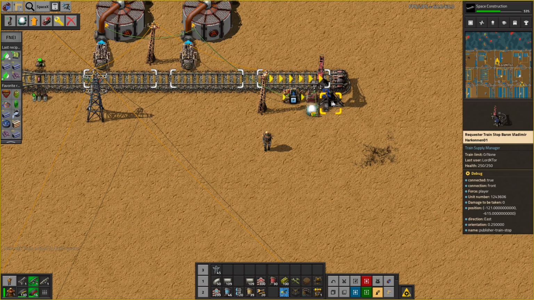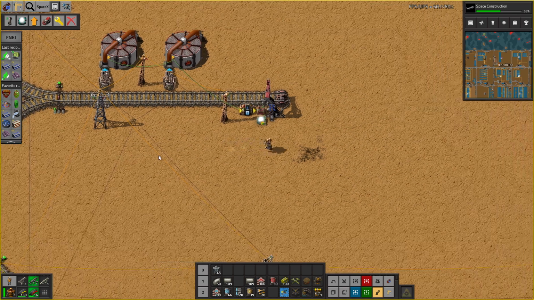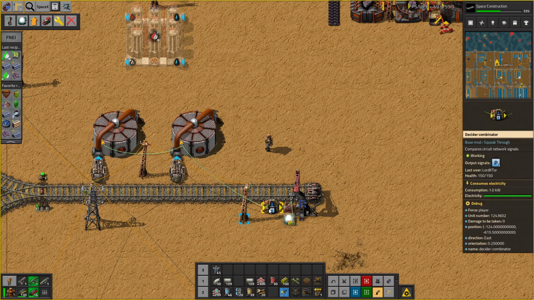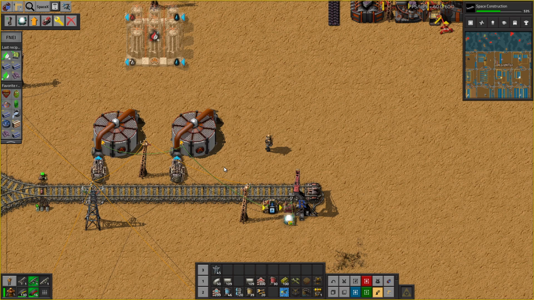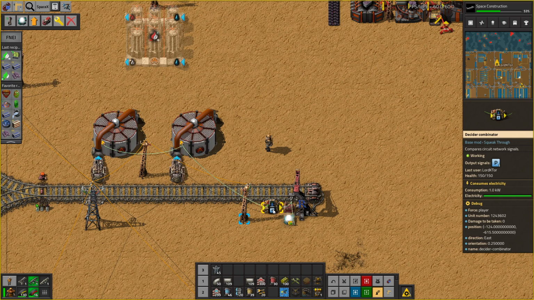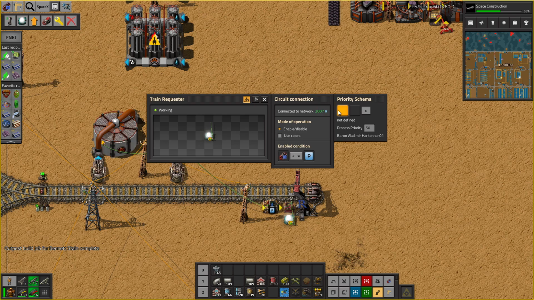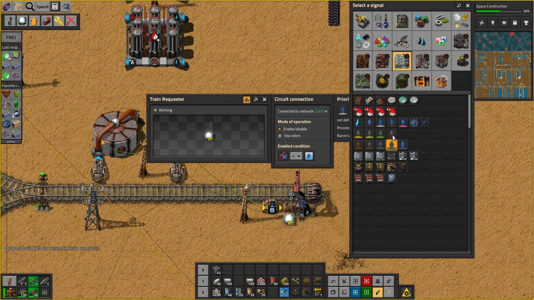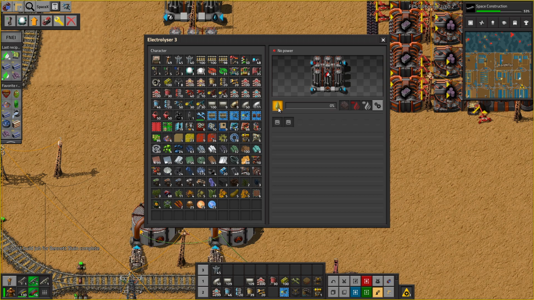Oh, we have an order already. Baron Vladimir Harkonnen. Okay. Nice Dune reference. Why have you not decided to come and pick up? If less than 200. Oh, this hasn't actually, that's right, I haven't enabled my copy function. I'll have to remember how to do that. There we go, train on the way. These guys want to do...